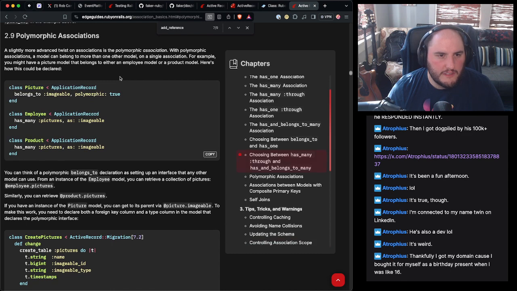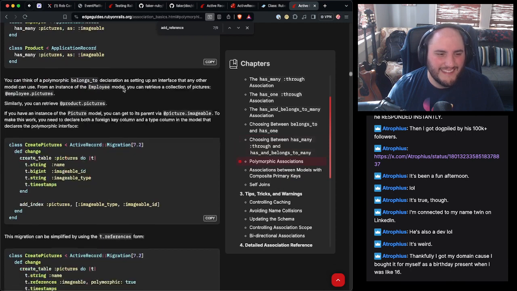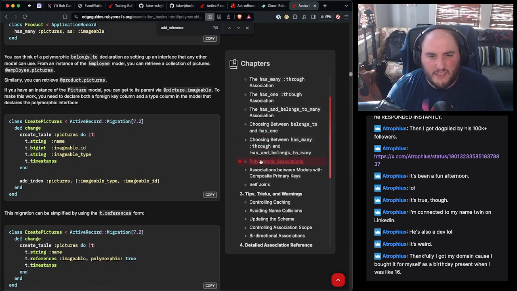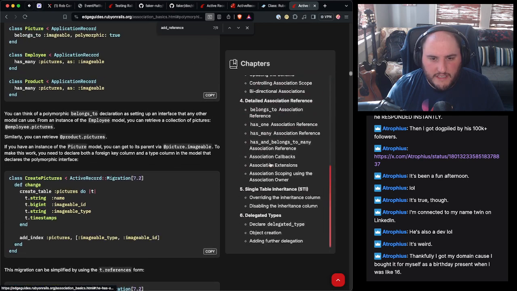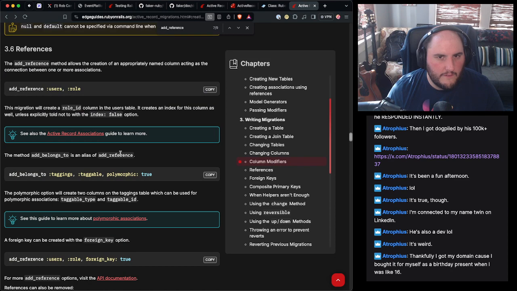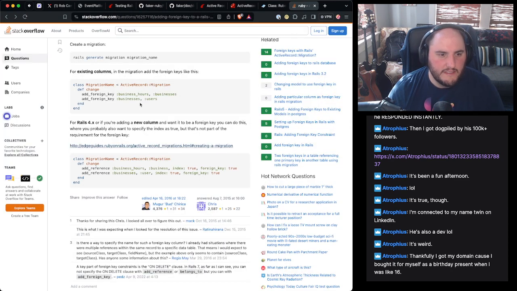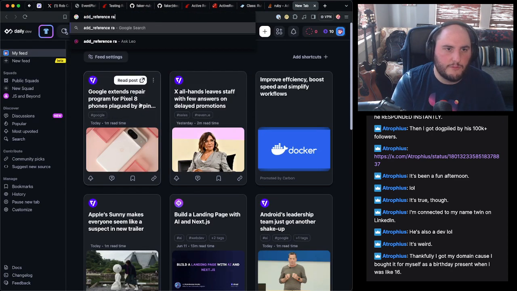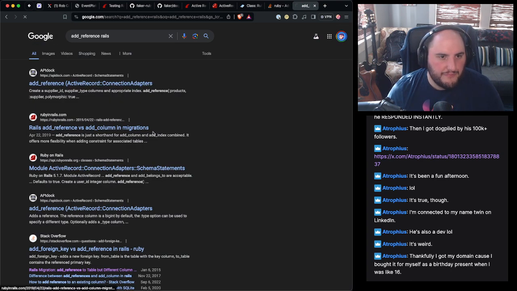With polymorphic association, the model can belong to more than one other model. That's not exactly what we're looking for. It's close, but it's not what we're looking for. What we really want is a foreign key, a foreign key that does something else. Okay, so add reference Rails. Let's see what we can find.